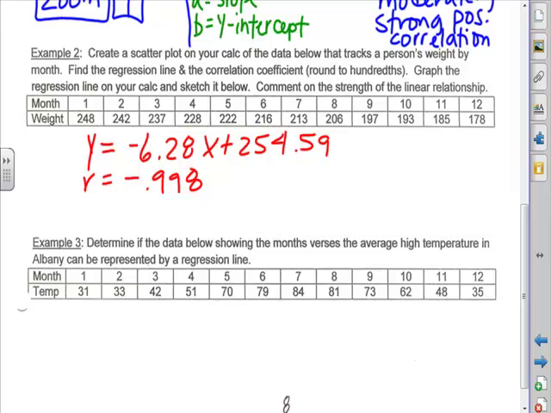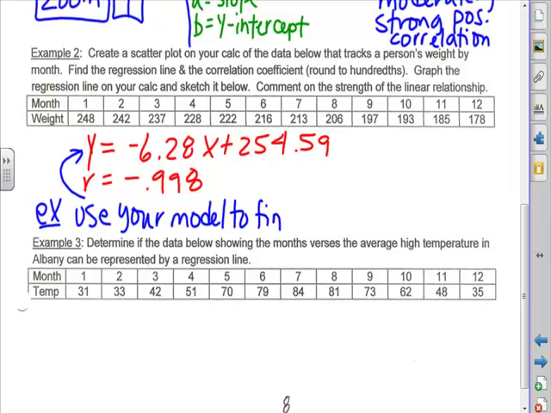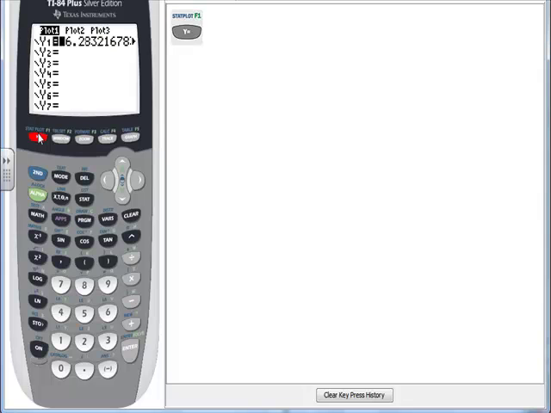Now, as an extension, you may be asked to actually use your model. So use your model, and this being your model, use your model to determine the weight of this person at month 5, at 5.5 months. To find weight at 5.5 months. And so once you have your equation into your y equals, which I do right now,